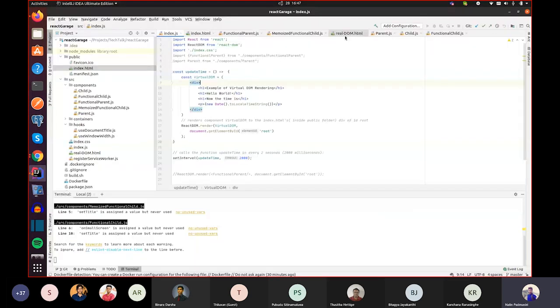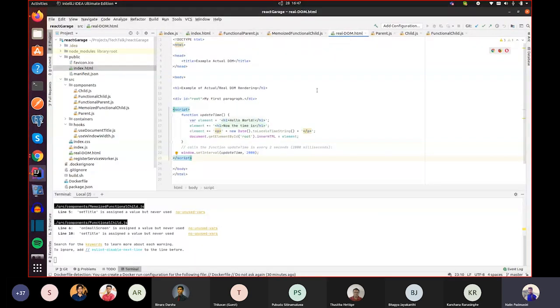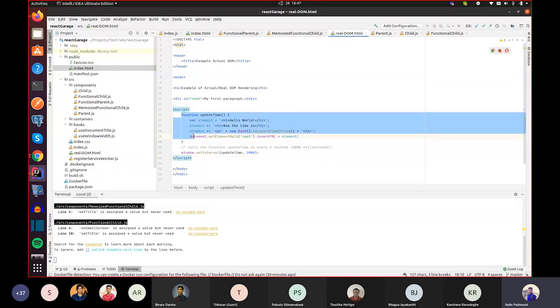There's another HTML file which I created using pure JavaScript. The same component I created using pure JavaScript. This same function will be called every 2 seconds and rendered to this ID root. Let's see.